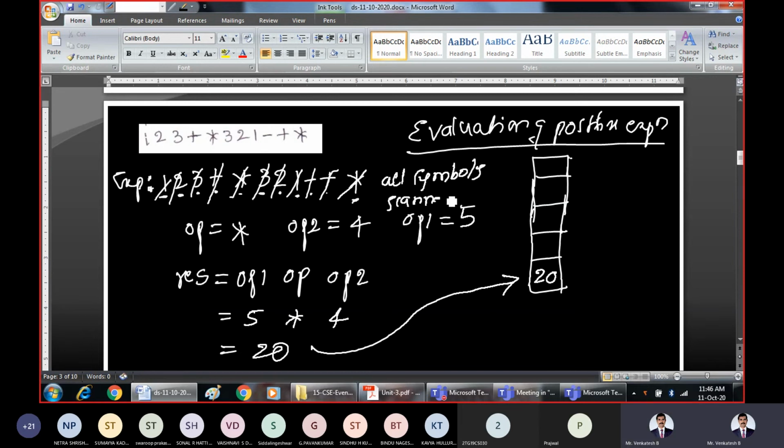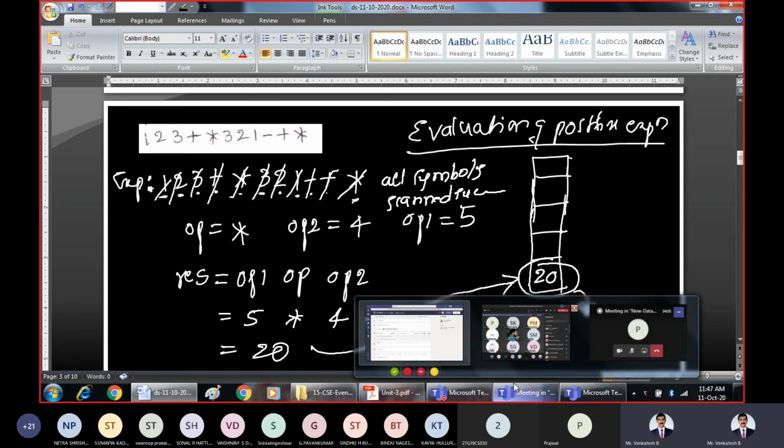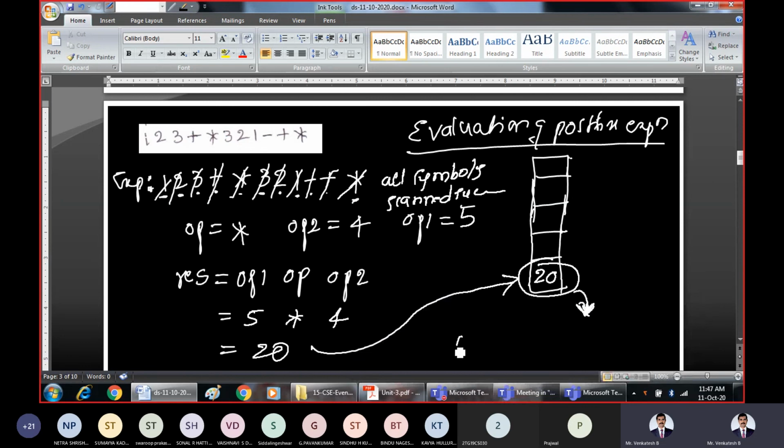Once all the symbols have been scanned, whatever element is present on the stack, because at the end we will be left with only one element. If you get only one element after scanning all the symbols, then you can conclude that you have done the correct calculations. And the final result of the postfix expression is equal to 20.